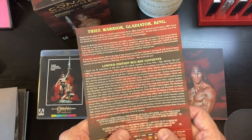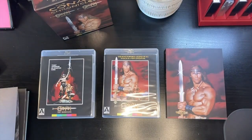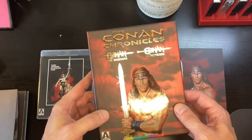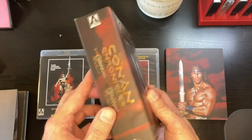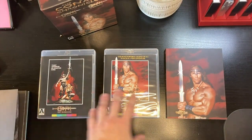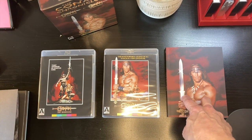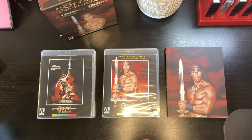There's so much awesome stuff and value packed into this box set. I am really impressed. And as you can see, it looks fantastic. All of this stuff looks great. From the box set production, great box set, which will go on your shelf, display really nicely, to the original artwork and this great book with all kinds of behind-the-scenes info that movie geeks like me absolutely live for, along with the two